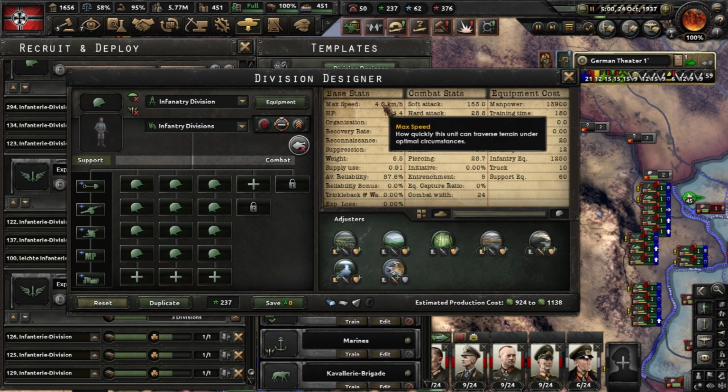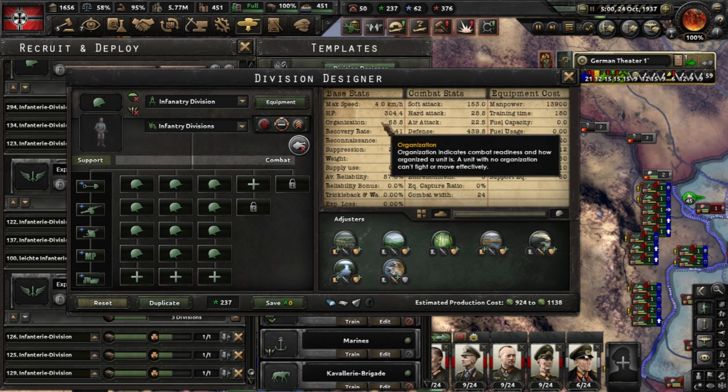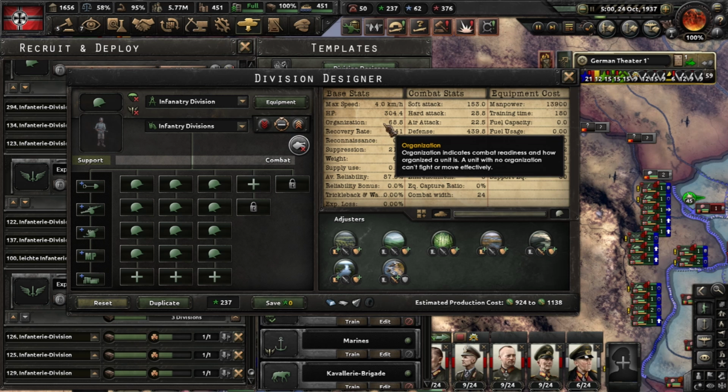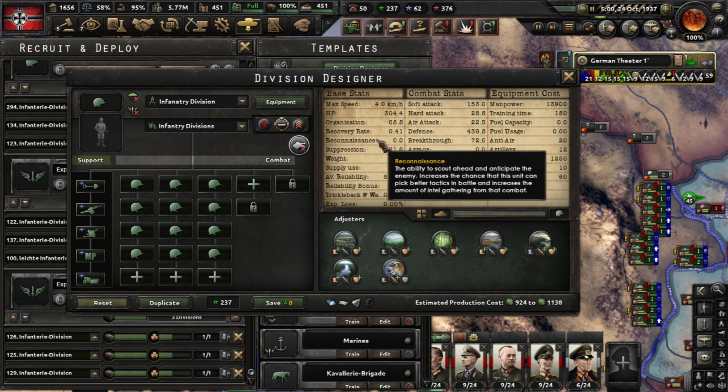Now, as you can see, every speed has how much it moves, so this is something you need higher on motorized and, let's say, Panzer division or tank division, sorry. Hit points. Now, this is one of the most important stats in the game, organization. The higher, the better. Your troops will be able to fight longer, to defend longer. They will have larger bonuses on everything, so this stat is very important to keep as high as you can. Recovery rate, reconnaissance is for the...